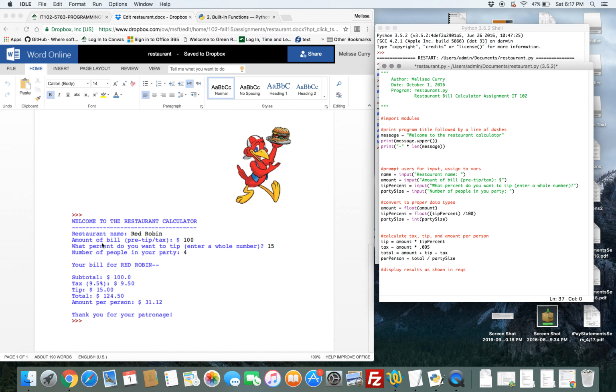Our restaurant name, bill amount, all that should print to about right here. So now we need it to say your bill for whatever the restaurant name is, dash dash. And it looks like there's a space there. So to account for that space, we're going to do an empty print function, and that'll give us an empty line. So now we need to say print